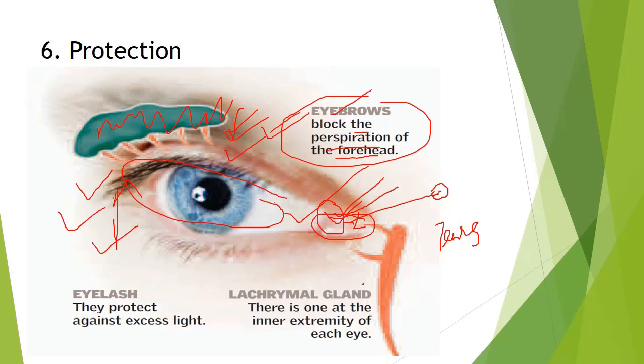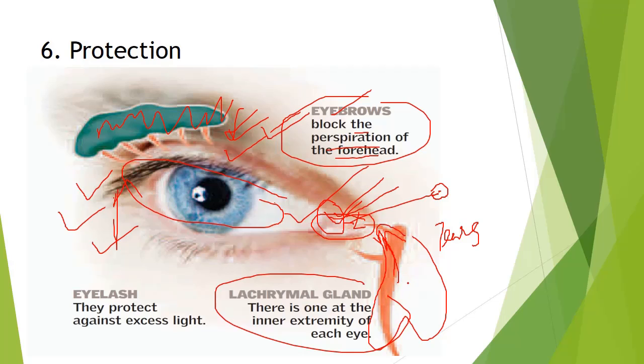So the lacrimal gland is this, and then there is the nose, okay, nose. There is this lacrimal gland, and one more gland is there, I forgot its name. This is the nasal cavity, and from here it takes the tears. Tears are very important for our eyes.